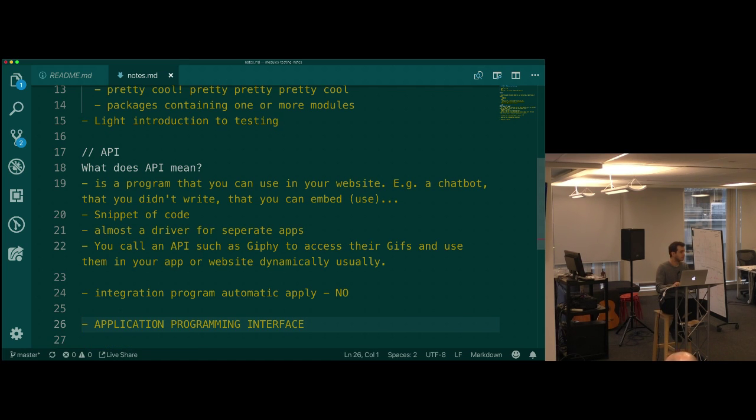Application programming interface. So, API is going to be one of the most frustrating terms that you'll learn over the course of the boot camp, right? Very, very frustrating. Why? Because it doesn't mean anything. Do you know what an interface is? As a general term, not in a technical term? What's an interface? Yeah, it's how you can interact with something.